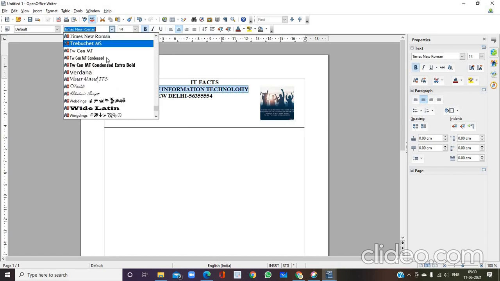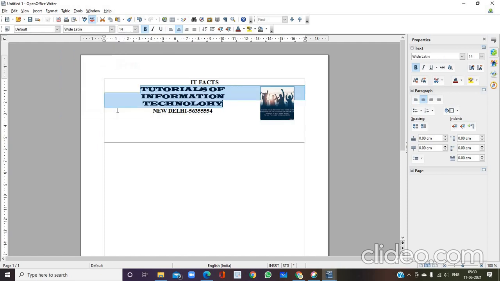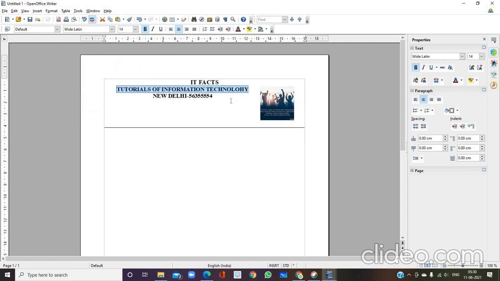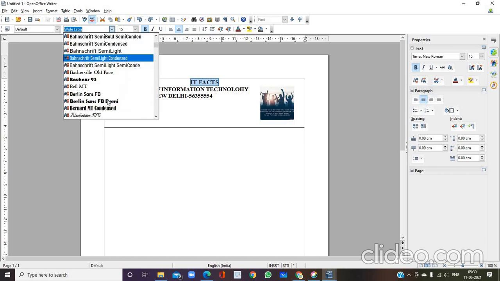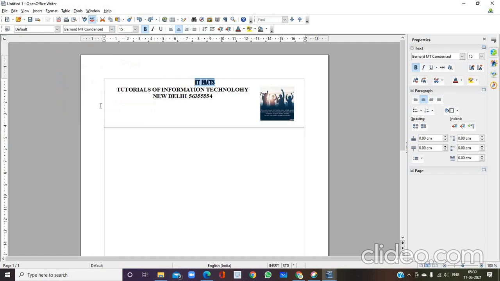So keep your document ready. Whatever changes you want to make, make all the changes and keep the document ready. This is my document. I want to make it a template.